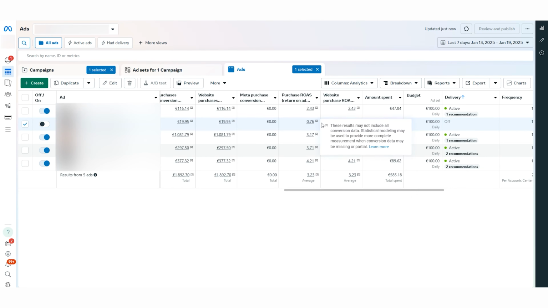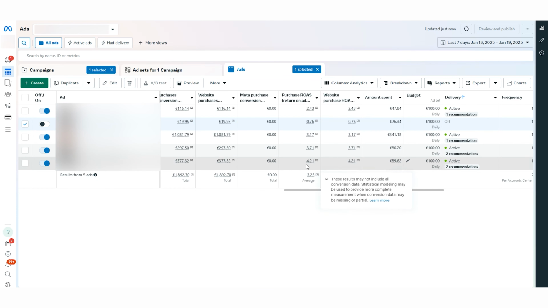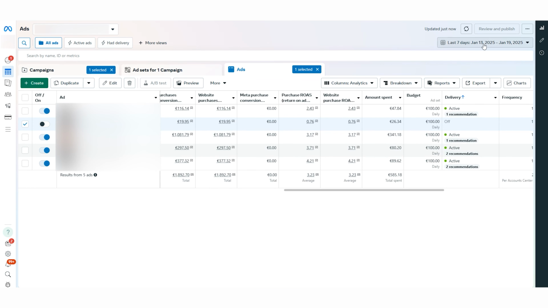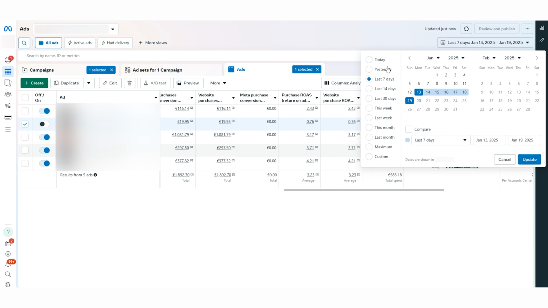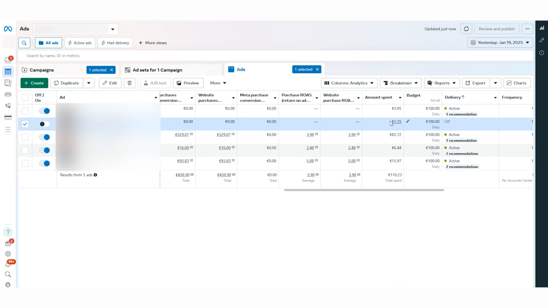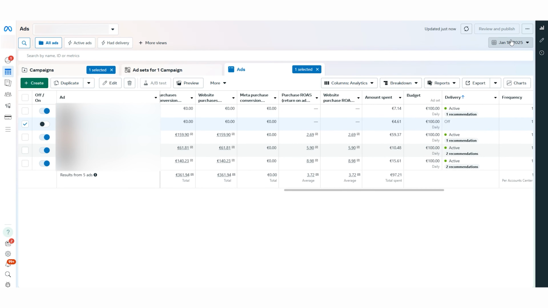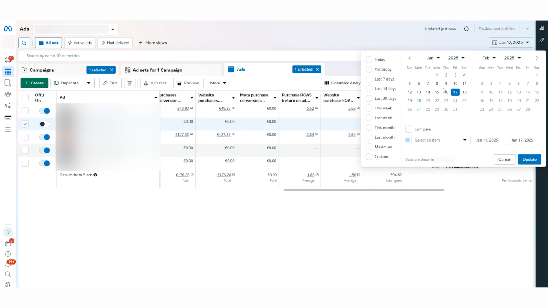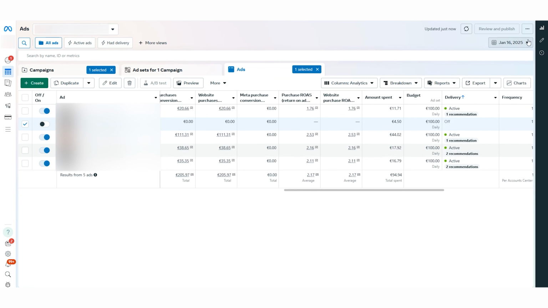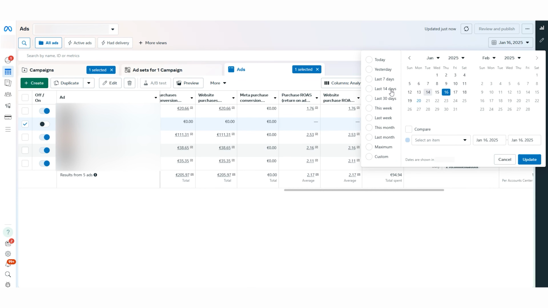Look at this. I just closed this one, for example. Based on what we discussed earlier, should I have closed it? The answer is no, because on the average results, we're doing pretty well over here, okay? But if you see yesterday, it spent only $1, okay? It spent only $1. Before that, we can check that it was spending 4. Before that, it was spending 5. Before that, it was spending 16 or 4. So it doesn't matter. It just doesn't spend, okay?